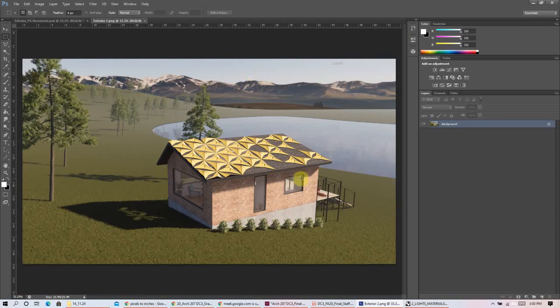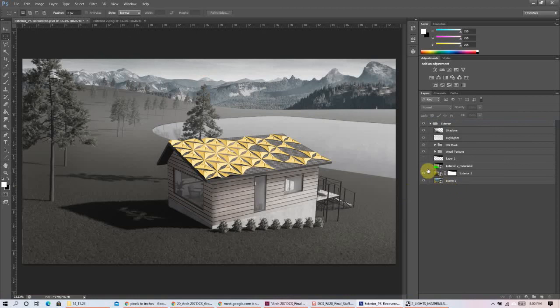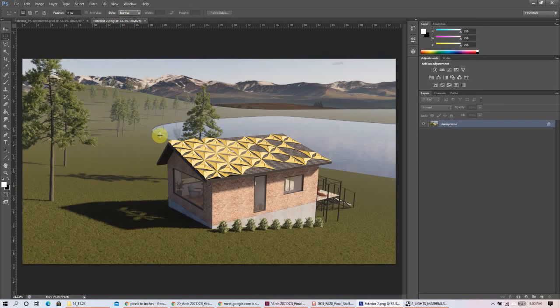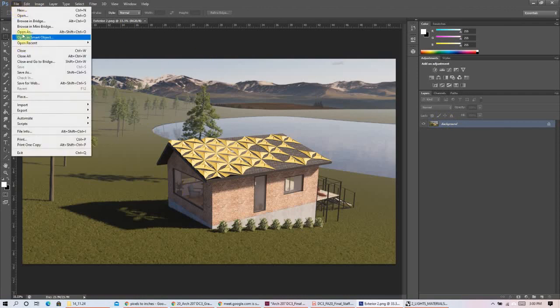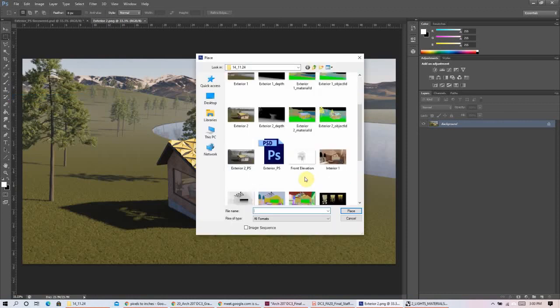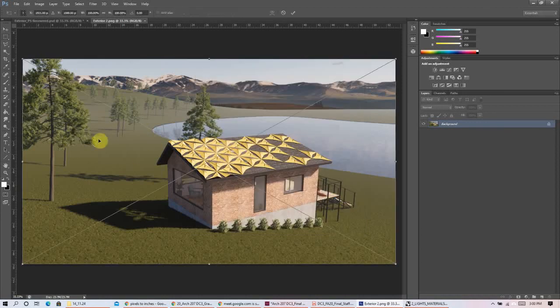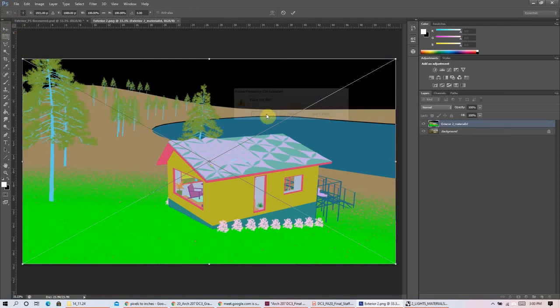Okay, so I thought, well, maybe I will first get rid of the background, right? So in this one, I changed out the background for another kind of background. Like I said, I wanted to redo the site, but I don't think there was time. So to get rid of the background, I also placed what I was talking about, that object. There we go, Material ID. And with that placed,